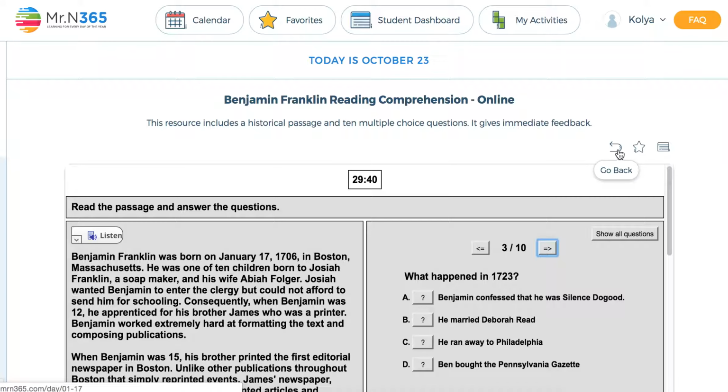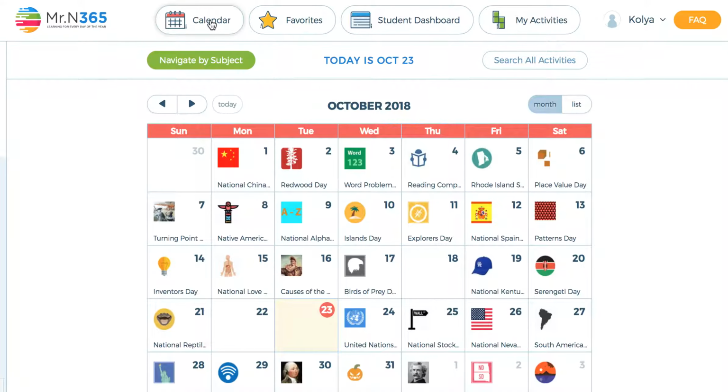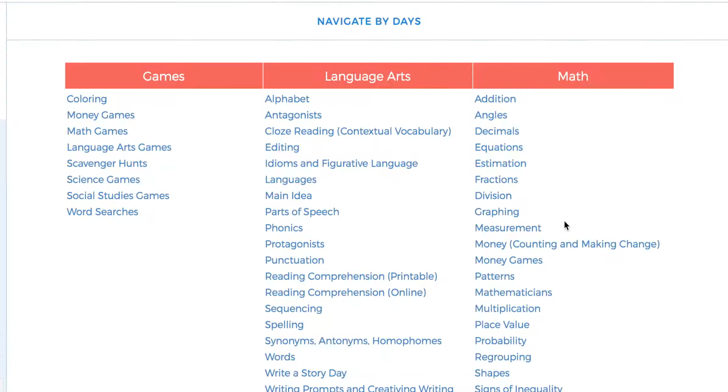So I can go back now. I'm going to go back to the activity calendar. So we understand that the activity calendar could seem a bit limiting. So we added a topic-based directory. So in this way, I can click on Navigate by Subject. And rather than having to look at a calendar, I just get all of the subject level curriculums available. And these are organized here by games, and there's all the different types of games: language arts,